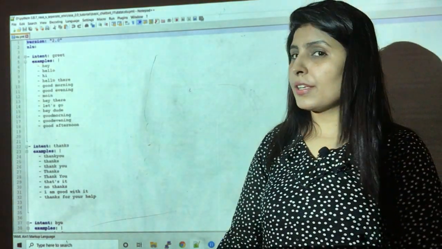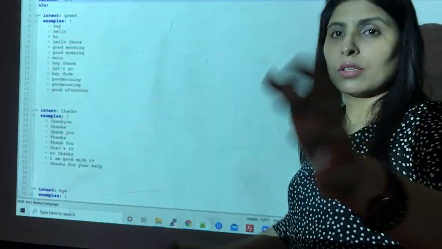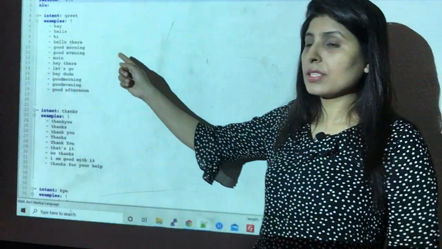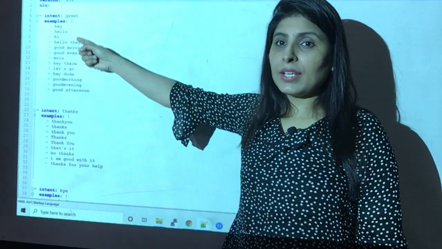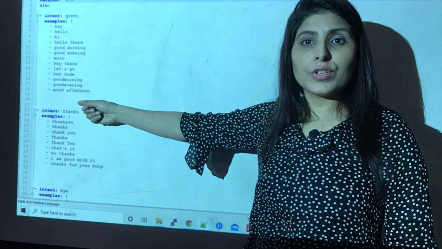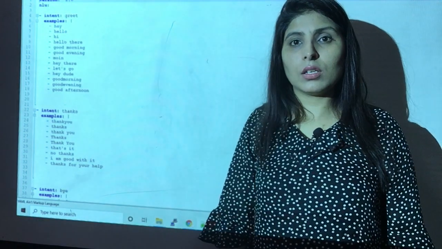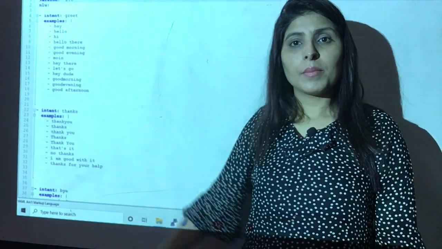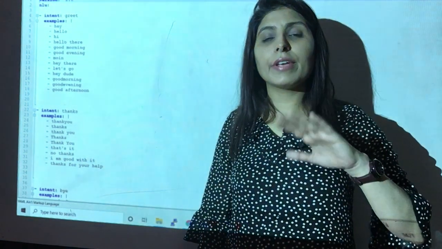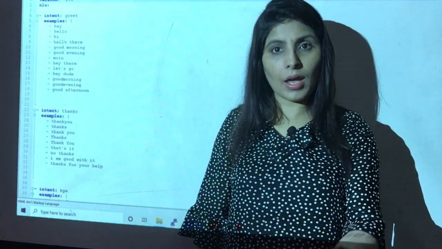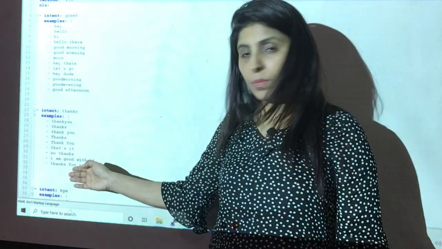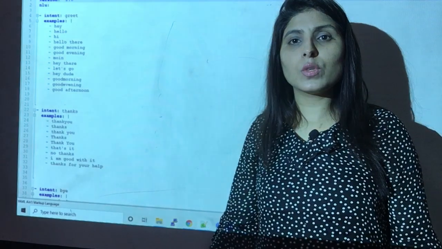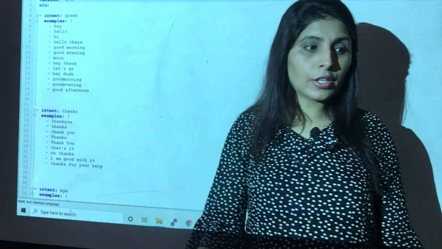These are the different intents. You can see the intent is greet, and these are the different examples which the user can use while greeting. This intent is thanks, meaning whenever the user wants to thank the chatbot, these are a few examples the user can use to say thank you.